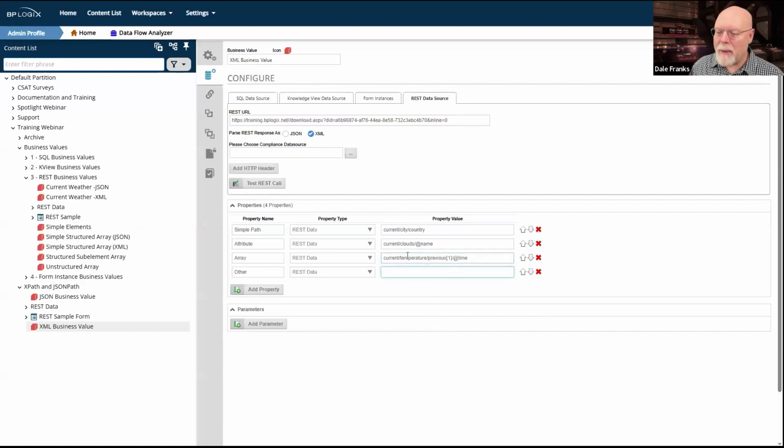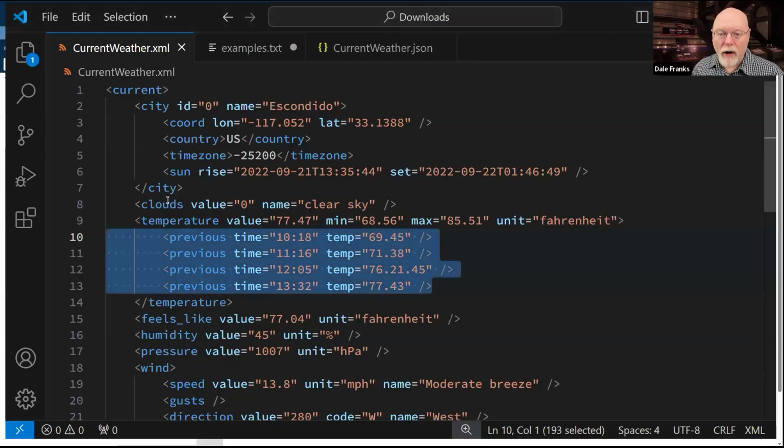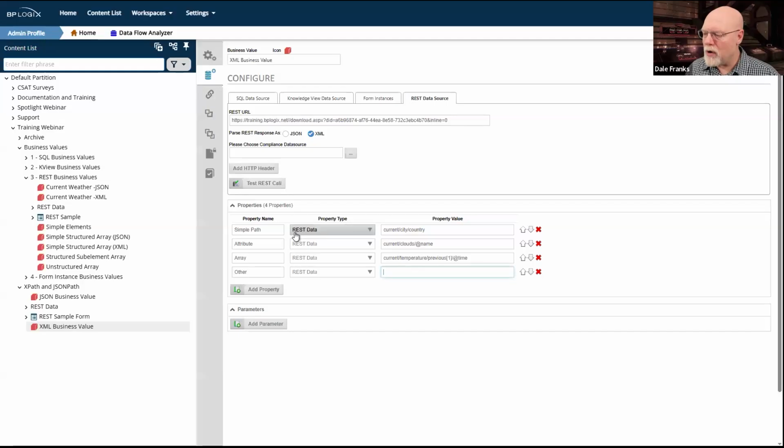Now I'm at current slash temperature slash previous, which makes sense so far. I'm going right through the nodes, but now I've got 4 previous nodes. So now I have to do something different. I have to specify the node that I want to return in my business value, and to do that, I'm going to need to put the index inside of square brackets.